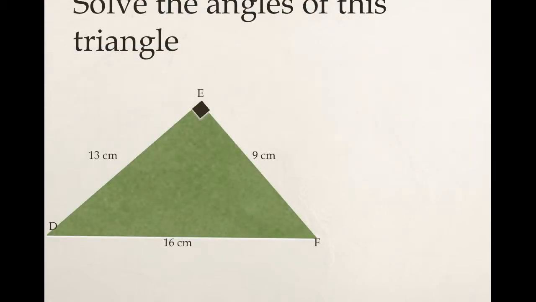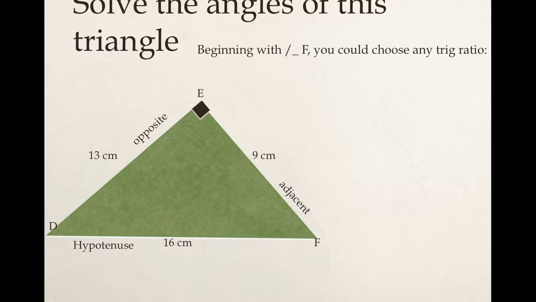Here's a triangle. You know that it is a right angle. You have all 3 sides. Solve the angles of this triangle. Let's begin with angle F. You could use any trig ratio. I label the sides according to F. So this is the opposite of F, this is the adjacent side of F, and this is the hypotenuse for F. Let's use SOH. Sine of F here is opposite over hypotenuse, so 13 over 16,